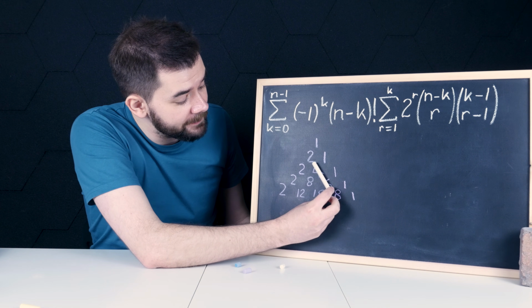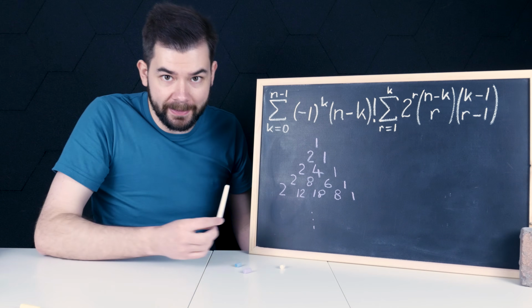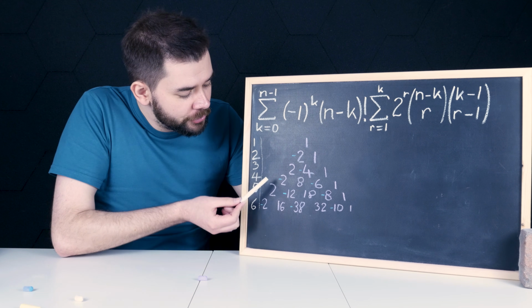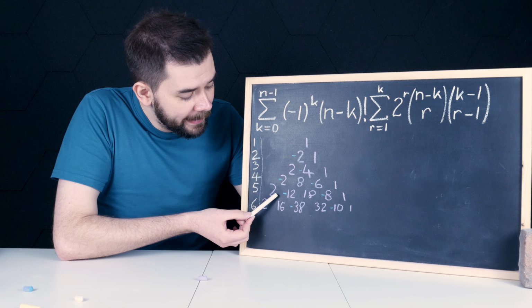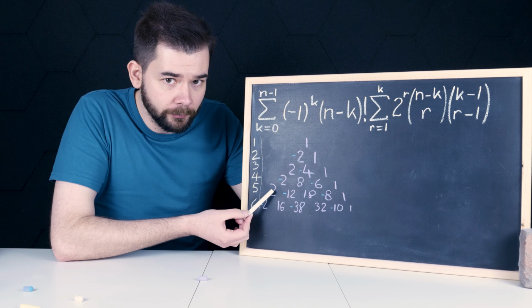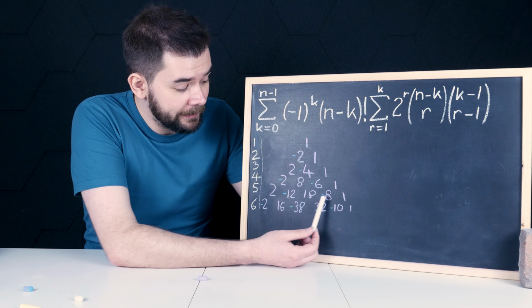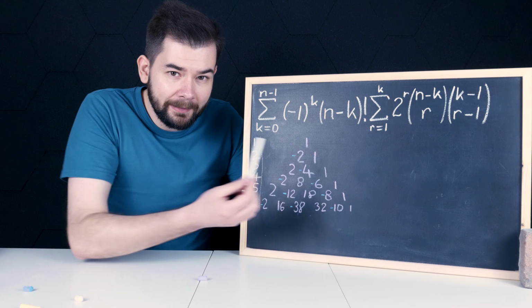So it'll be positive, negative, and so on. So what on earth am I doing? Well, here's the punchline. If I choose a specific row, and then take k factorial multiplied by the kth entry, and do that for all the entries in a row and add them all up, let's have a look at